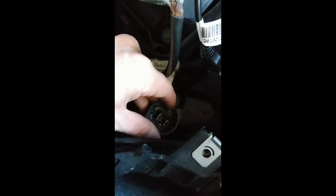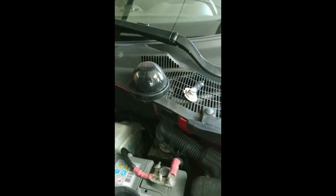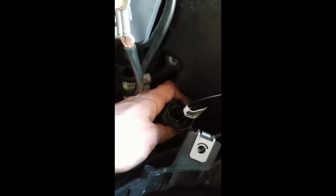So just grab the old connector here and put in the socket from the cable. However, you're going to put it on here first. Let me reposition the camera quick. So yeah, there are just 2 pins. You connect them. However, you may want to test it first, because you can